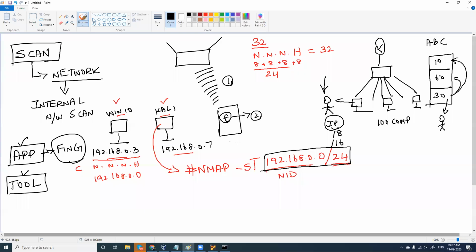-sT is this particular scan. What we are going to use here is called TCP Connect Scan, which performs the TCP three-way handshake. For your understanding, this is a very basic scan. You can use any number of commands here.